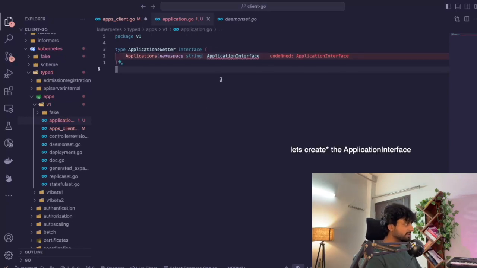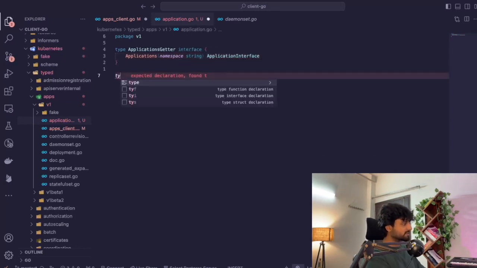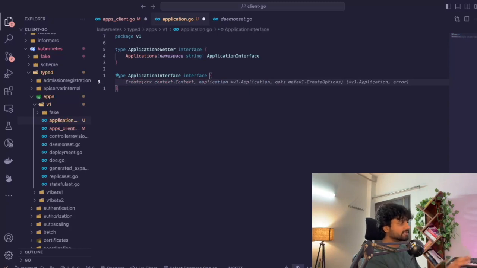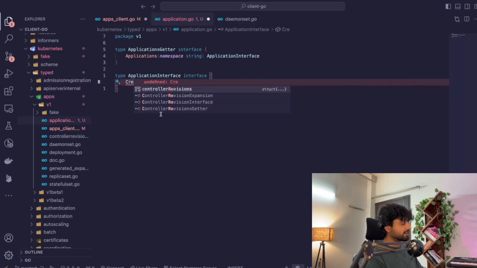So let's implement the application interface. What is the application interface? And this is just a facade. This is a facade, and internally actually we will be calling the create and update on the deployment and service, which we talked about. Okay, so in this applications interface, I'll have a create, and just like all other resources,